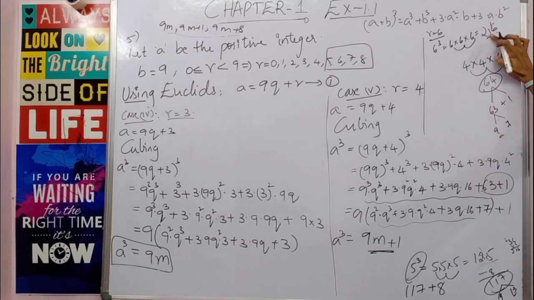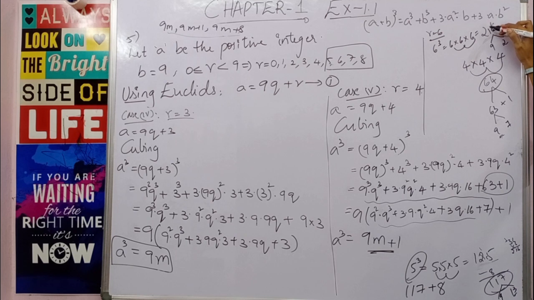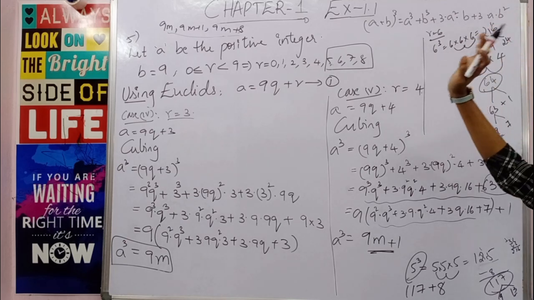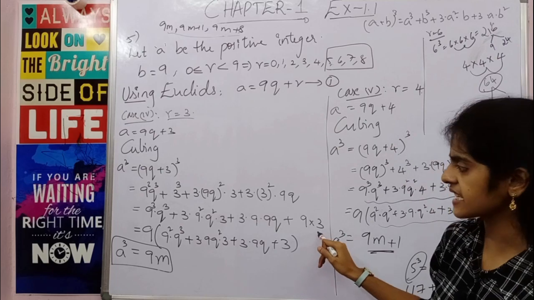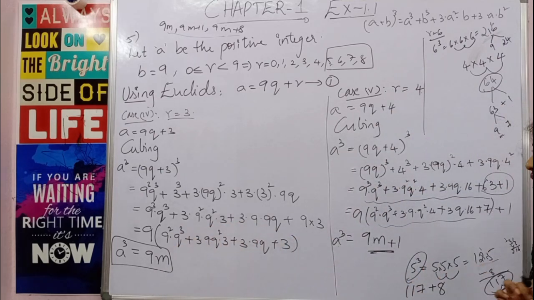Now this 216 is again divisible by 9. Why? 216 you can directly divide by 9. So 9 2s are 18, 3 is a remainder. Now 9 4s are 36. So 9 multiplied 24 times gives you 216. Okay, so you don't have to split this term, directly you can take common. Okay, like here in this case. So the entire thing you can represent as m. Okay, I want you to do it. So when you do it, you will be very clear with the concepts.